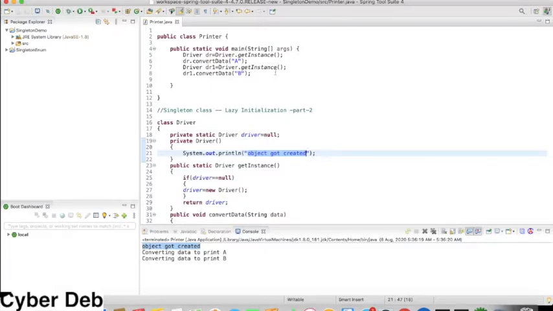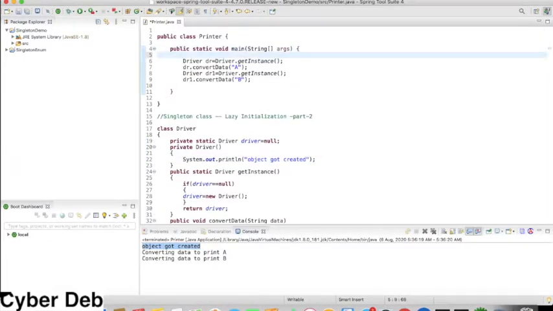So only one object is getting created. That is the ultimate requirement of the singleton model: we can create only one object, or we have to restrict the singleton class to be created only once. Now I am going to add threads to it.